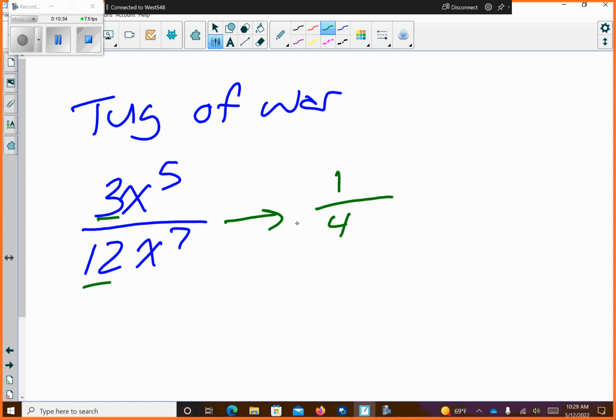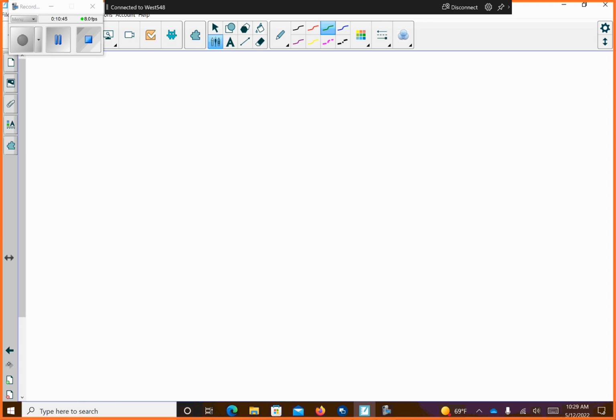Tug of war with the x's. Who wins, top or bottom? Bottom by how many? Done. And honestly, it's that simple. I think a lot of you are doing really well with that. But here's where tug of war becomes goofy. Let's say you had